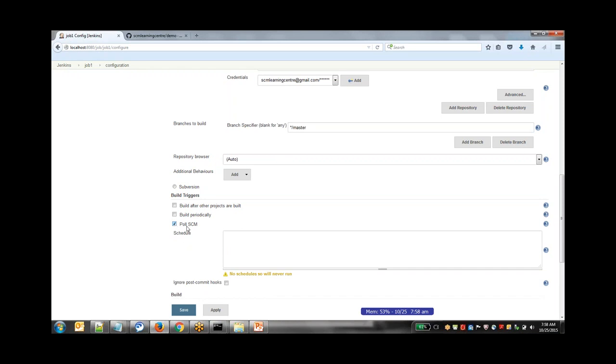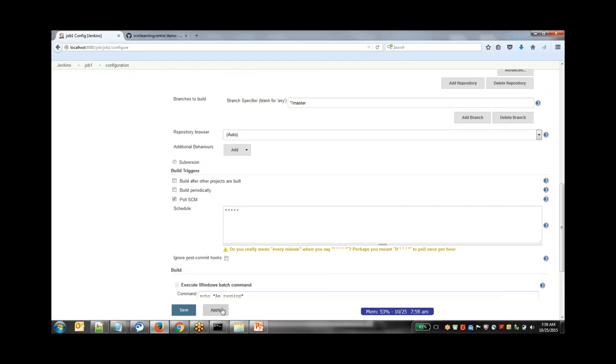This works the same way as build periodically, wherein you can specify how frequently you want to poll the repository. Now I'm saying check every 1 minute. Every 1 minute it will go to this repository and check whether a new check-in has happened, and when there is a new check-in or commit, it will come here and proceed with the exact build step you have given. Now if I say apply,